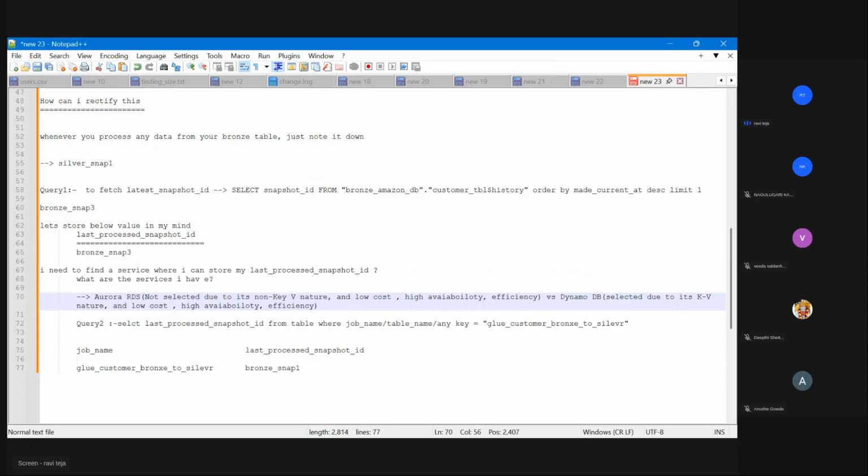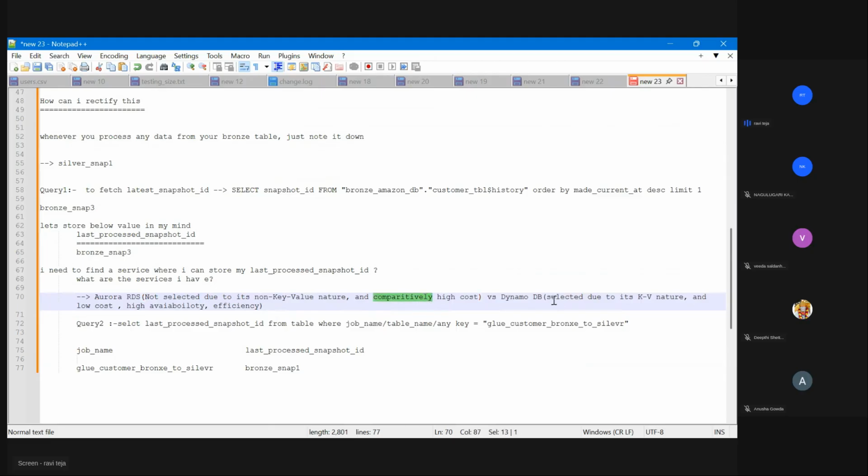I think I already revealed it now. Non-key value nature and comparatively high cost. High availability is there, efficiency is there, so that's why I'm not opting for this. Just remember these two conditions. Not selected due to its non-key value nature and comparatively high cost.